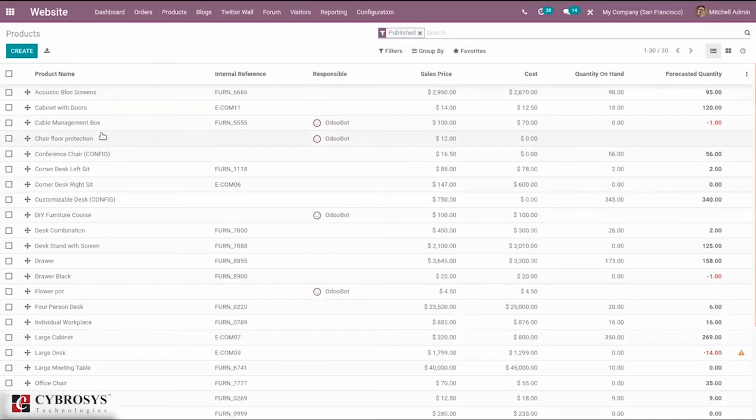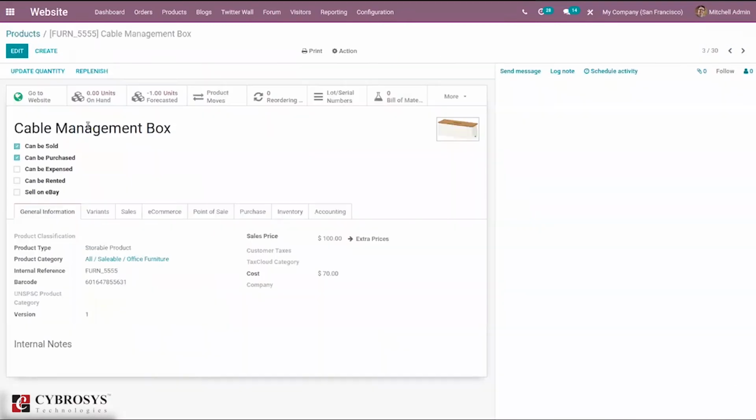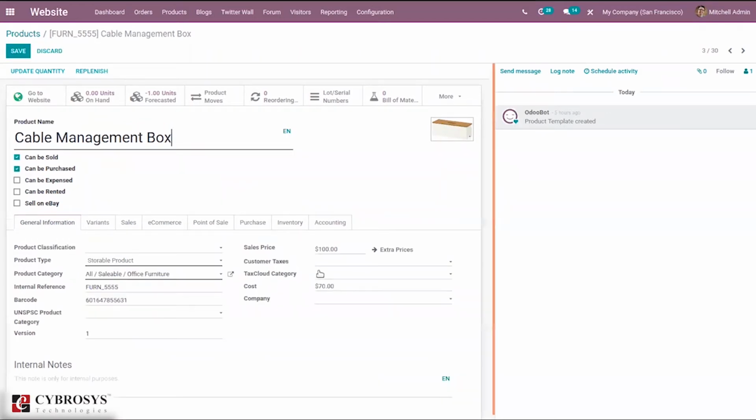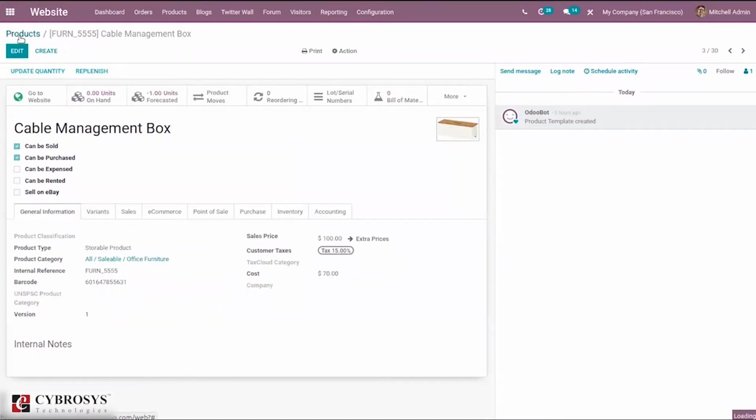If I open cable management box, here I haven't set the customer taxes. Okay, so I've added a customer tax here, 15 percent, and saved this.